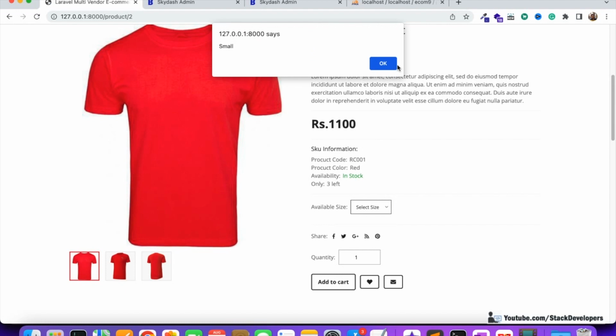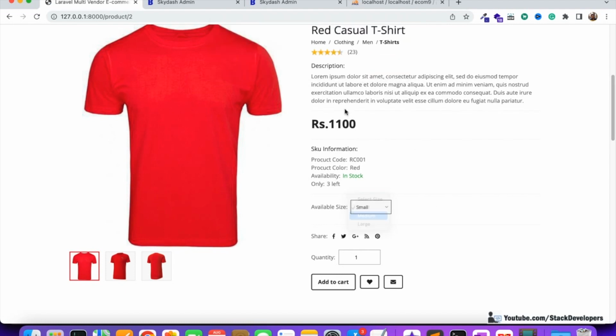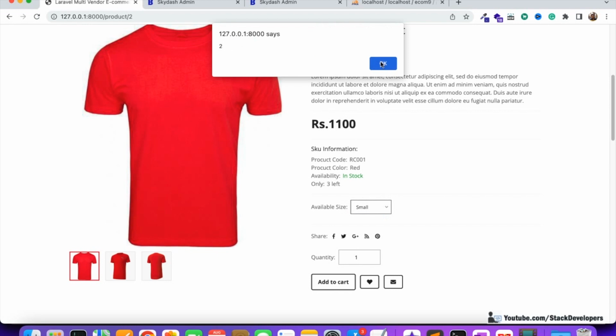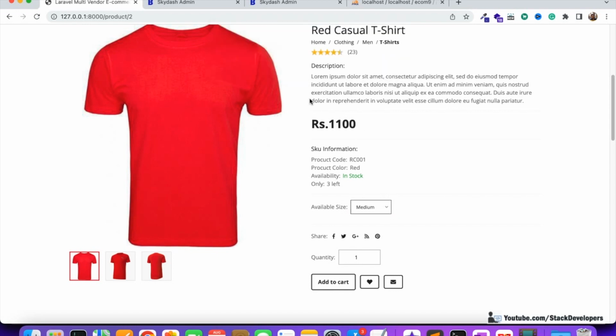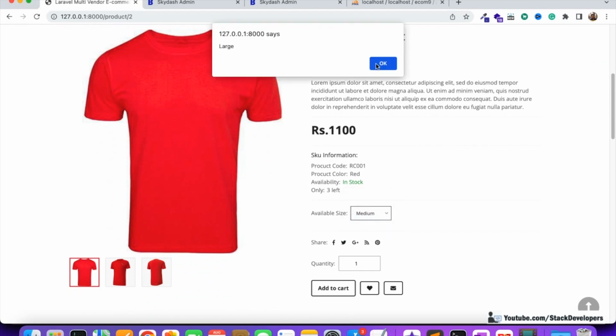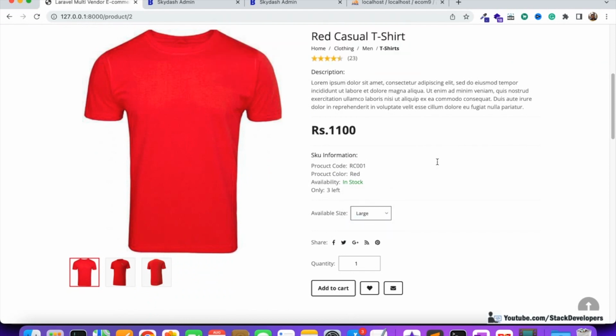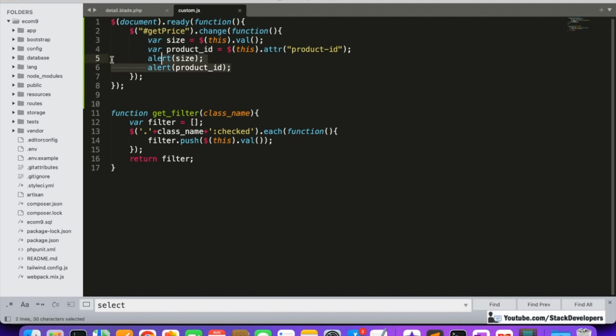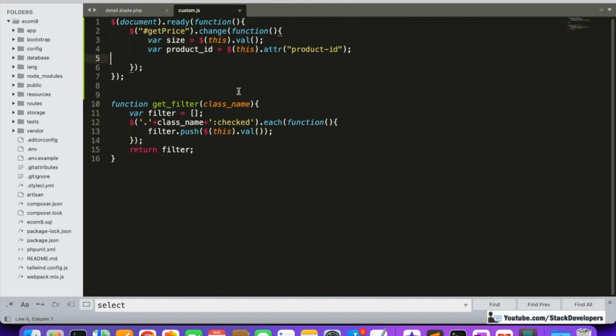See the small, 2 ID, okay. Medium is also 2 ID, okay. So the product ID is 2, so that is we are getting here large having 2 ID, okay. So it is fine. So we can remove this and we can pass these IDs via Ajax to the function,